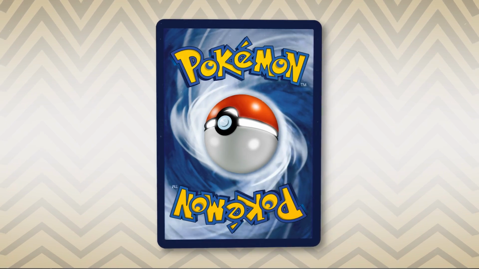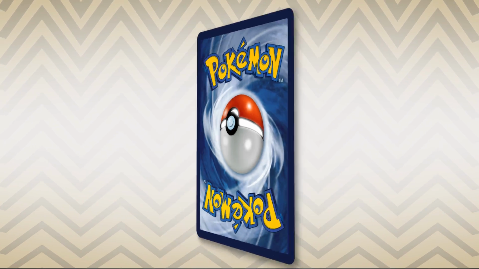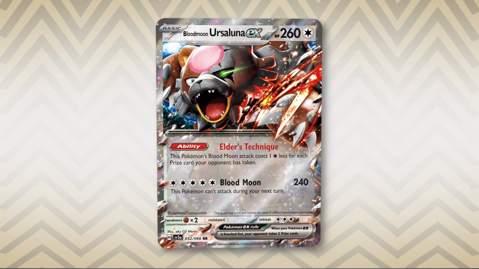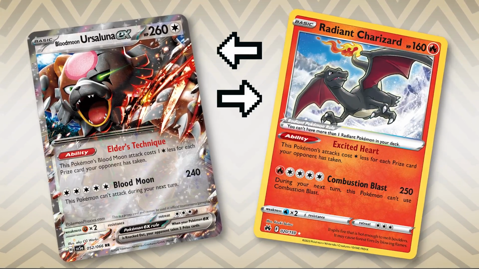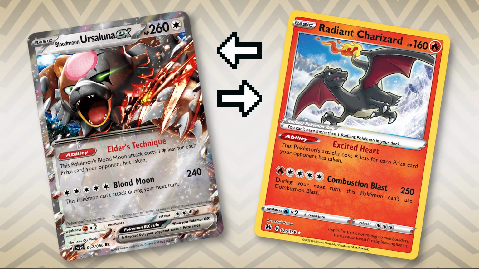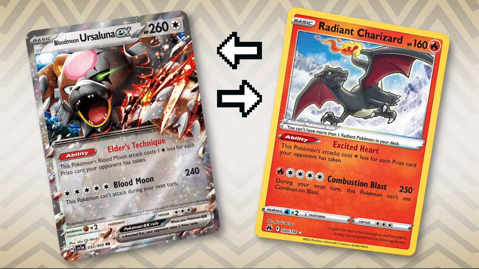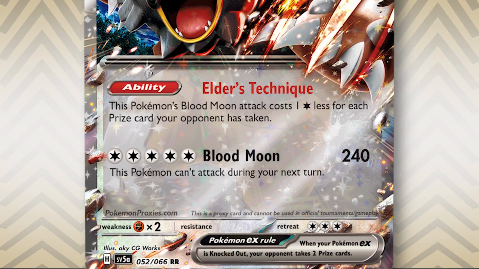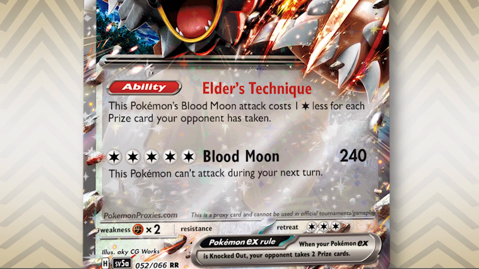Another Pokemon that is being included into a wide, and I do mean wide variety of decks, is Blood Moon Ursaluna EX. This card is essentially a colorless Radiant Charizard, as its ability Elder's Technique reads just like Excited Heart, and Blood Moon does 10 less damage than Combustion Blast. Given the colorless cost though, this can fit everywhere, and so far it has shown up in Lugia, Lost Box,